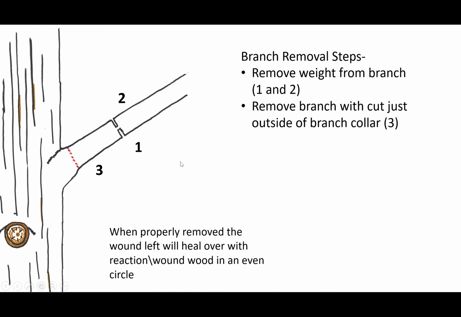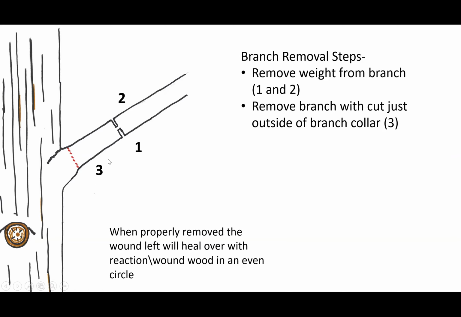If the branch is larger, you're going to want to get the weight of the branch off first and then make the final cut. And the reason for that is if you don't get the weight off, a heavy branch as you're cutting down can break the wood at the bottom of the cut, make the cut not clean, or in the worst case, tear the bark down the tree. So if you can get the weight off, the method for that is to make an undercut, go out about 3 to 6 inches, make an undercut until your saw starts binding. Come above that, make an overcut, creating this little hinge between the two cuts that then breaks under the weight of the branch, and then you follow up with the cut right outside the red dotted line.